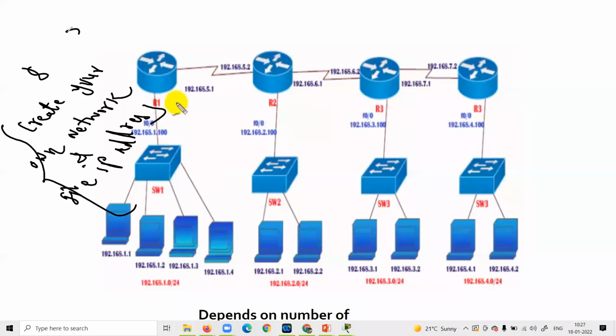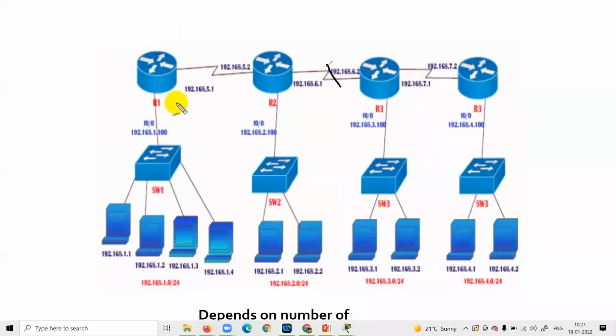Right? I will say use 2 routers, 2 switches, and then 4 computers under each switch. So you can see that, then you need to draw only this diagram. If I say 3 routers, 3 switches, then you need to draw this diagram. And if I say 4 routers, 4 switches, then this diagram. Okay, are you getting what I want to say to you? Okay, I think there is no question.